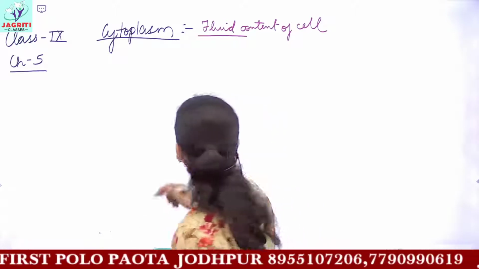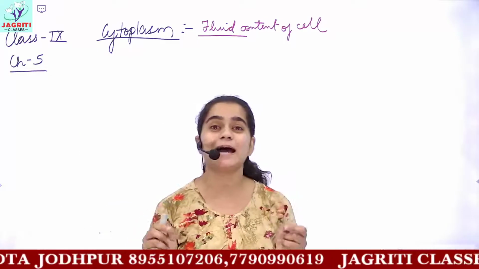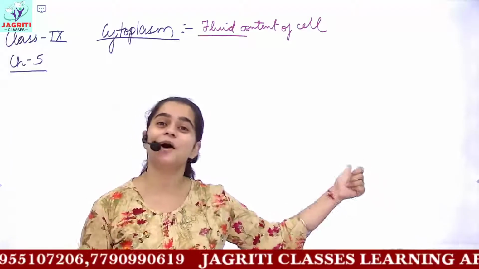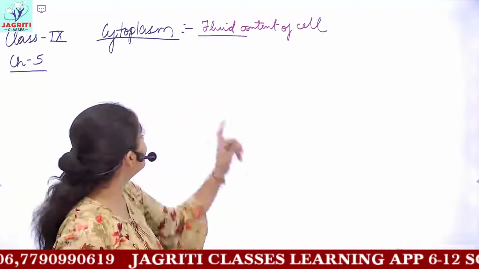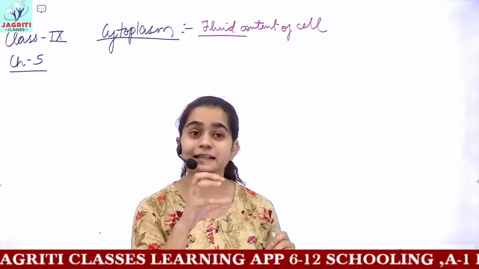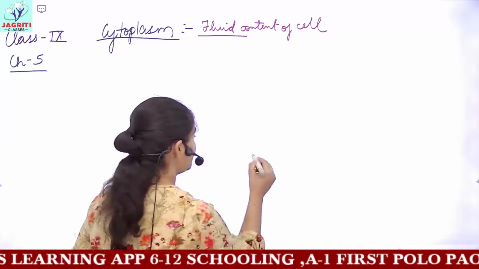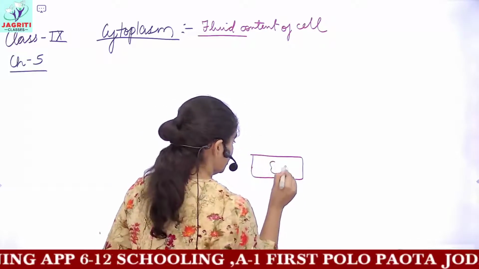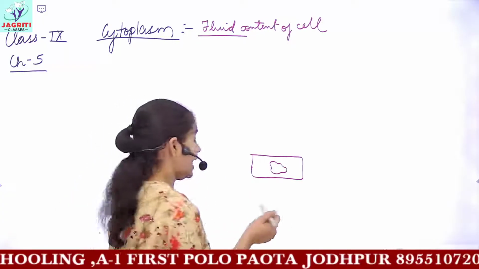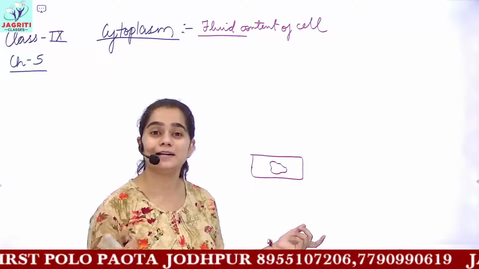Then next is what? When you prepare a temporary mount, I discussed in the previous video lecture what you understand by preparation of temporary mount, and I showed you the procedure how to prepare temporary mount of onion peel. Okay, so while we prepare a temporary mount of any cell, then some regions of the cell get stained very darker in color compared to other regions. So if you stain your sample, while preparing temporary mount, you put the drops of dyes, which is the stain, and we discussed that the stains used in labs are safranin, methylene green, methylene blue, etc.